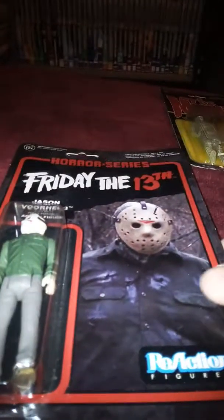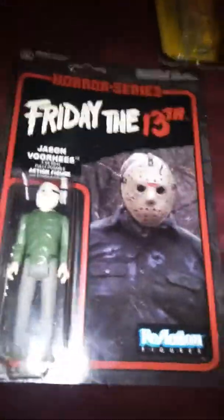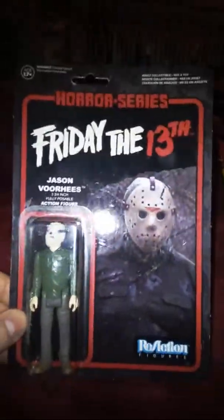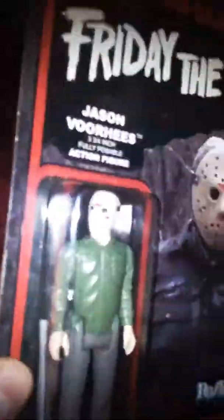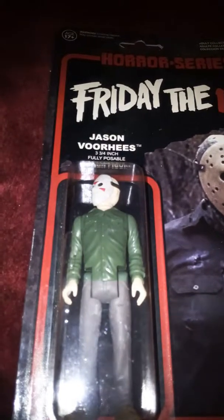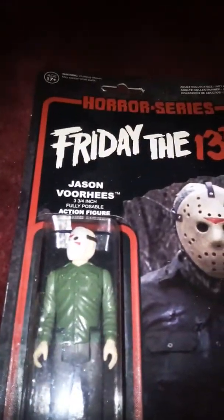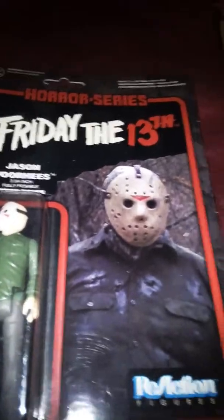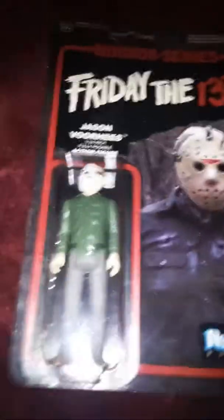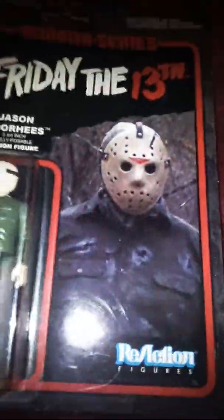So, first of all, we have Jason Voorhees from Friday the 13th, which is very nice. They're these classic Star Wars style figures, 3 3/4 inches. This is a miscellaneous one from the horror series by ReAction Figures, and as you can see, it features a rather nice